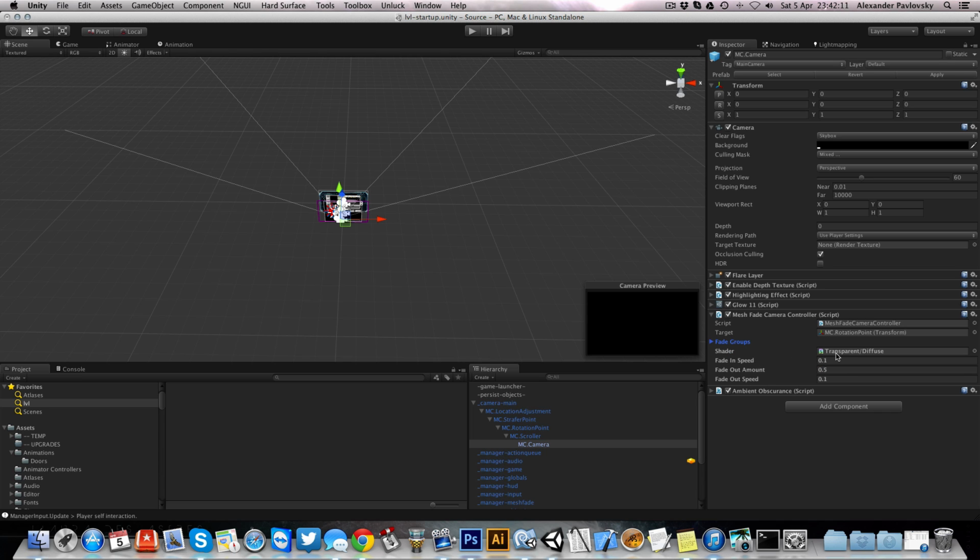Then we have the shader. Now, the shader that you specify here is the shader that should be applied to the renderer components, or rather their materials, when the manager decides that they should be faded out. Now, usually most shaders don't support transparency in the way that we need for the system, meaning that the alpha value is used for something else, not to make it less opaque and